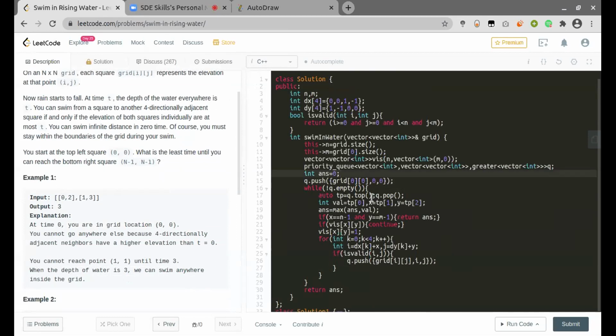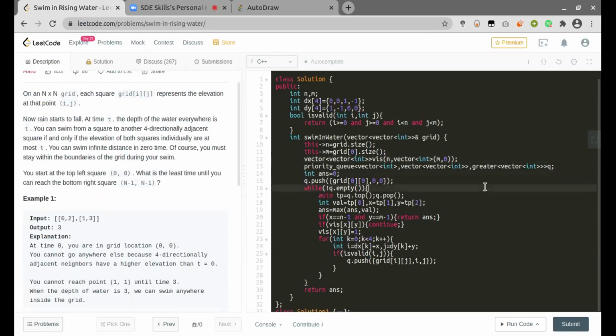And since we need the smallest value in the grid at any instant in the BFS, we will use a min priority queue. So this is the initialization of the min priority queue. And again, we will need a visited vector to keep track of the nodes which are already visited. And then we start doing our BFS call.